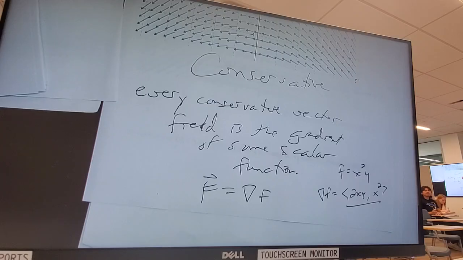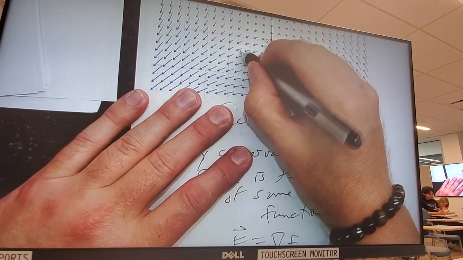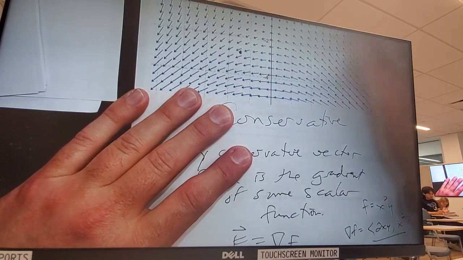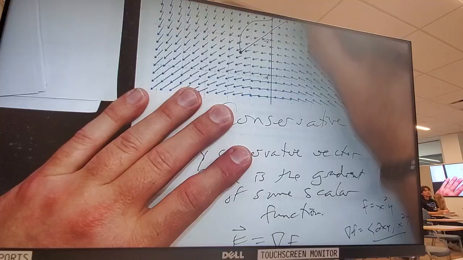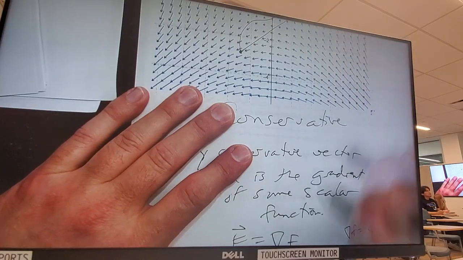So knowing something is a conservative vector field kicks a lot of ass. Now the reason that happens is a little more esoteric, harder to see. If I pick any starting point and any ending point, it does not matter how I connect the two, I will always get the exact same answer at the end.